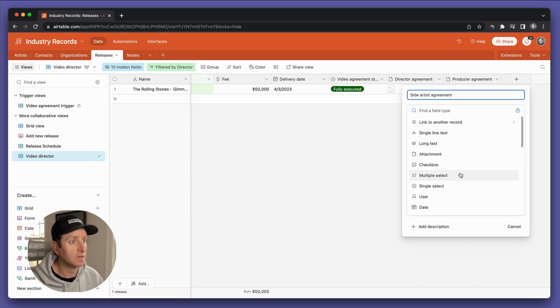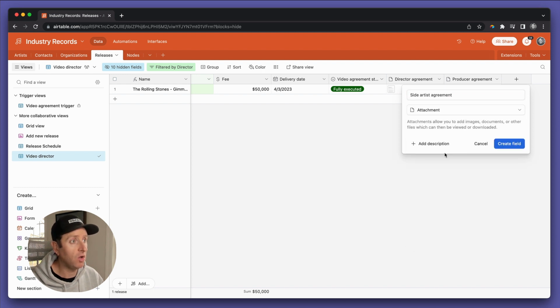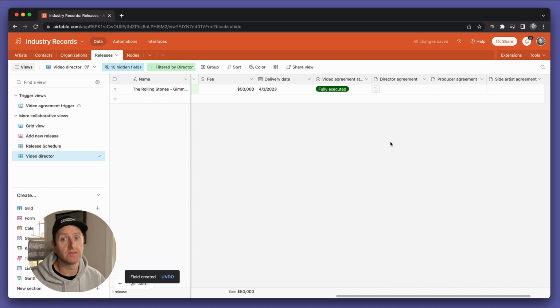So look, this is already better than your other option, which is having a spreadsheet and a box.com account or Dropbox and keeping all these things in folders. You know, this is already better, right?